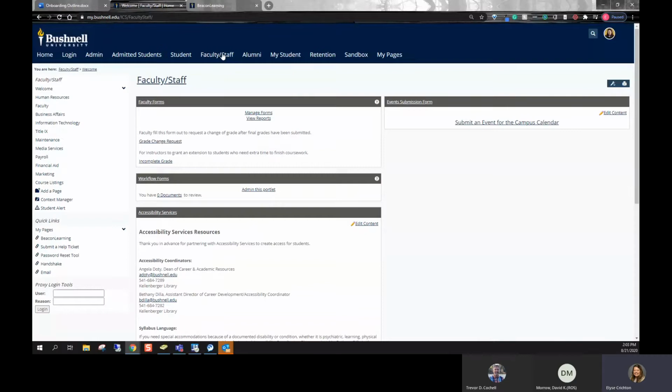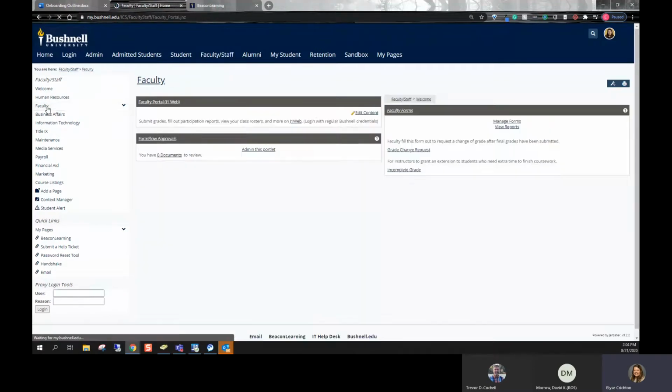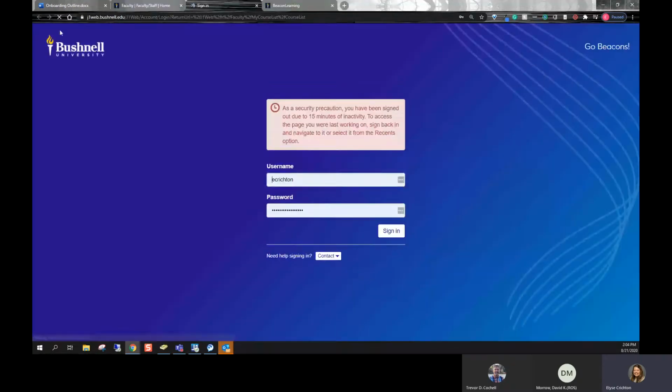But this new site is very role-based compared to my NCU. So you'll really only see things that pertain to your role: faculty, staff, employee, that sort of thing. In this faculty and staff tab, I do want to point out this faculty page, which has a link to our J1 web site. That kind of replaces the faculty portal, if you're familiar with that. This is a link directly to